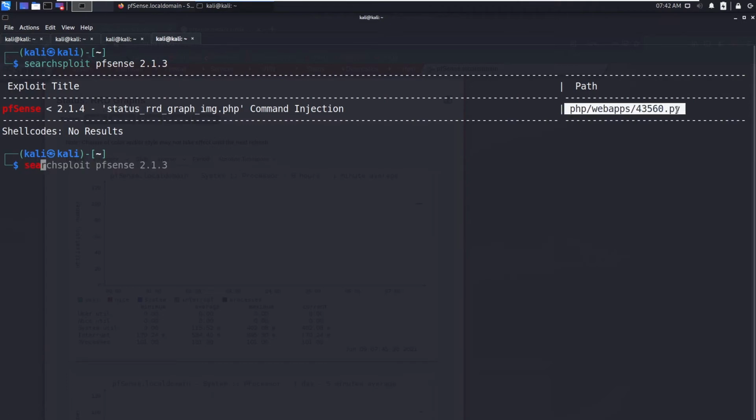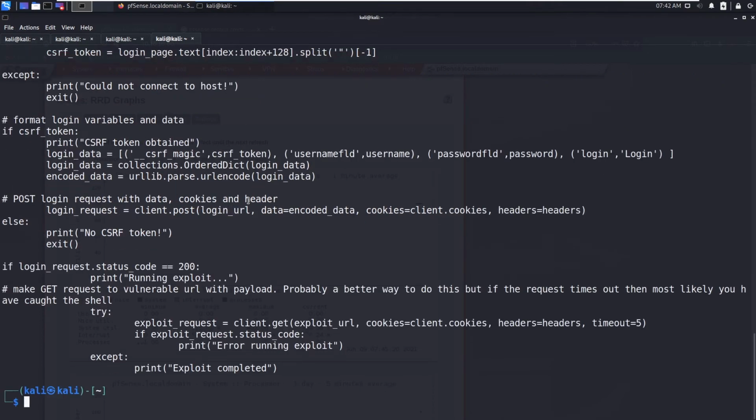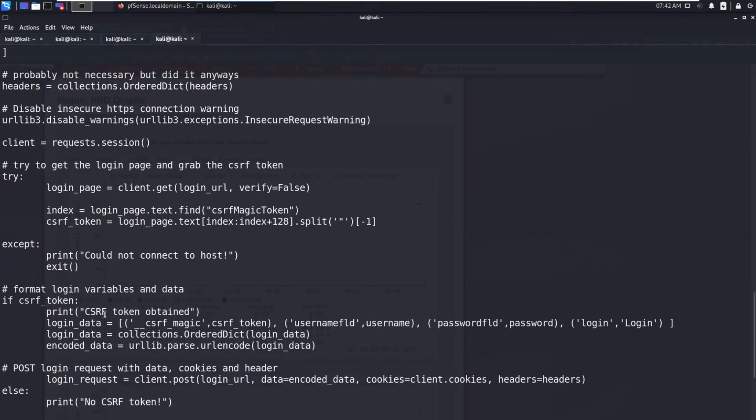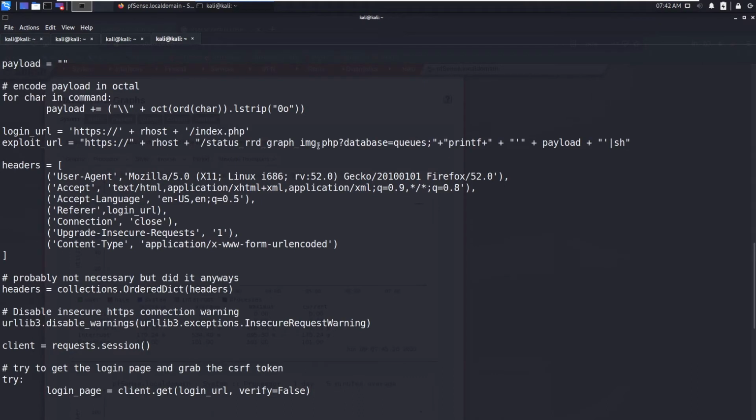So let's copy this searchsploit and make a mirror of this exploit in my directory. If you view this, it will obtain the CSRF token automatically, and you don't need to supply the login credentials.